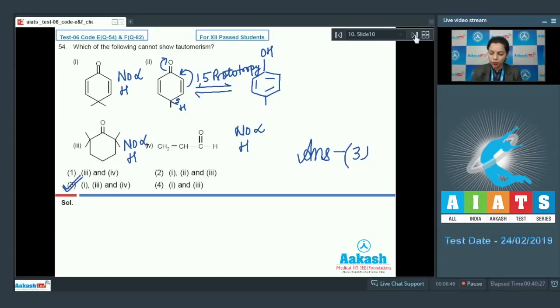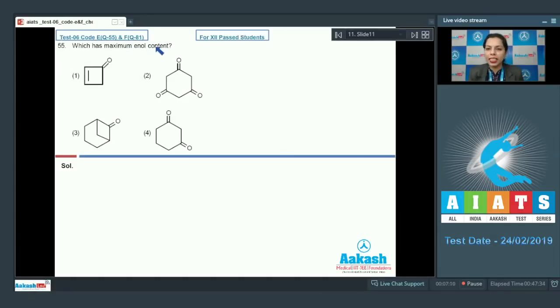After this, it's the turn for the next question. Now question number 55. Which has maximum enol content? We have the keto forms which are given here. We have to first check whether they are forming enol form, and further we have to check that particular compound which has maximum enolic content. So in the first compound, you will identify that the keto group is this. And alpha to this, there is a carbon atom at which hydrogens are present. It means it has alpha hydrogen. What would be its enolic form? I'm just drawing it here. I'll draw its enolic form this way. Hydrogen will move towards this, and ultimately it results in the formation of